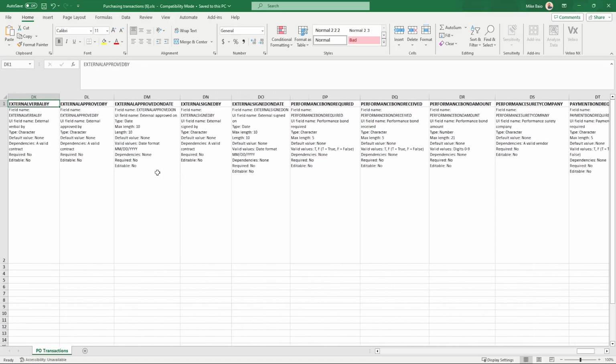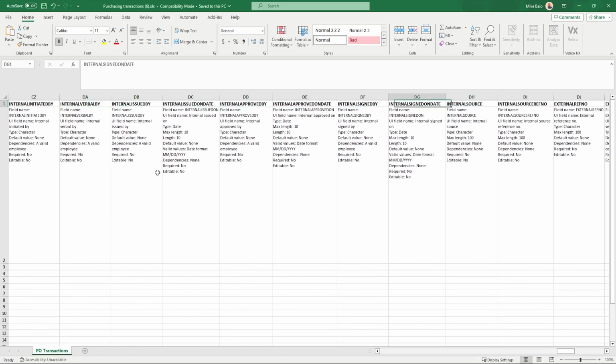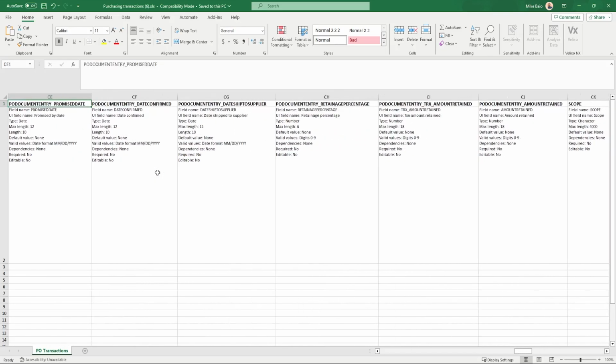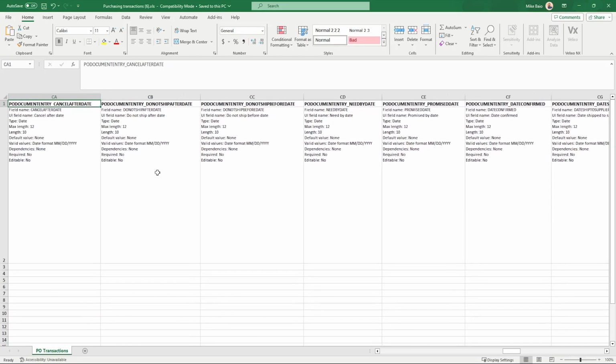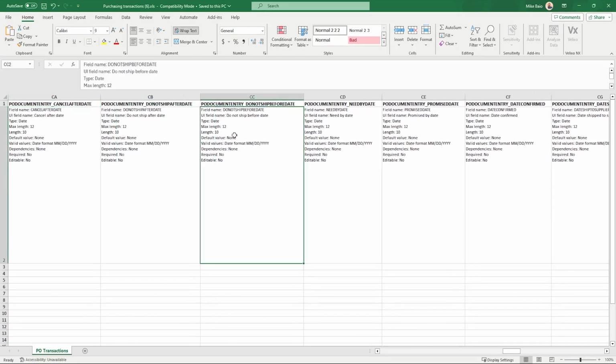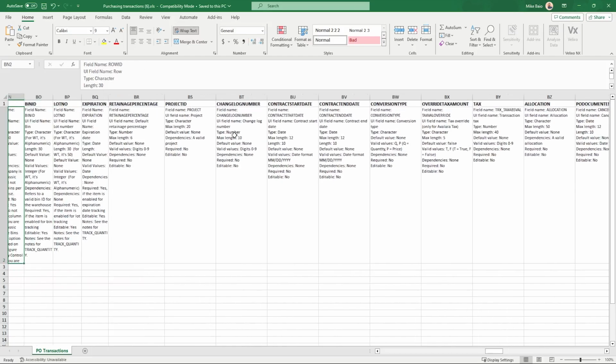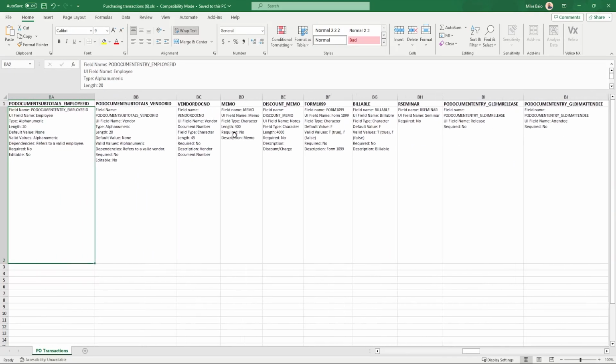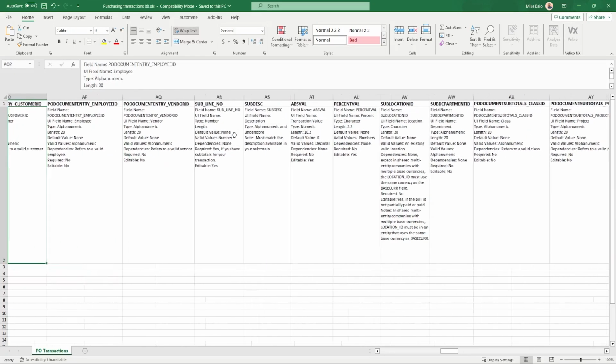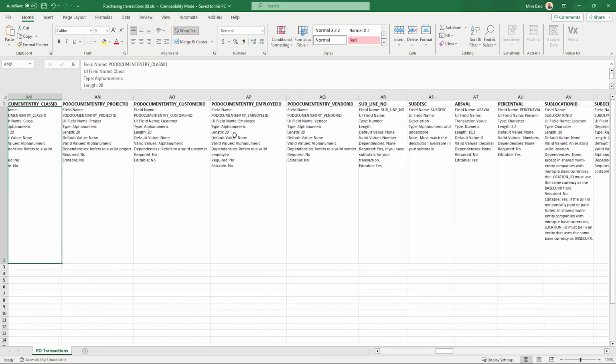So what you'll need to do for this to be able to import successfully is add a couple of columns. The two columns that you're going to need to add are the PO document entry task ID, which is the cost code, but behind the scenes, it's labeled as a task. So let's get back to the project field that we saw earlier. I like to keep them all together here.